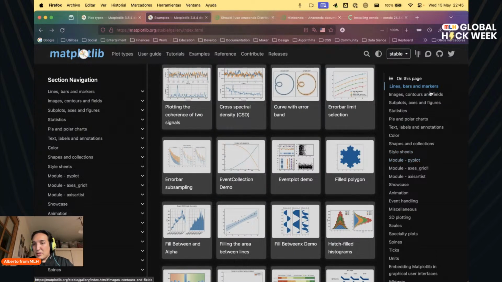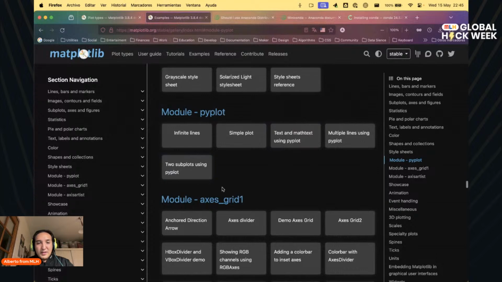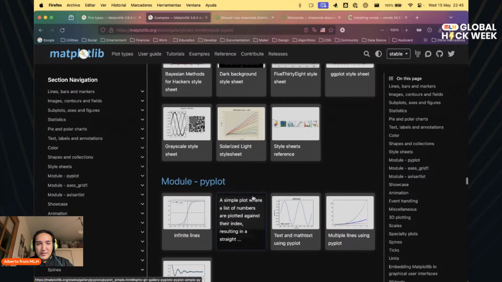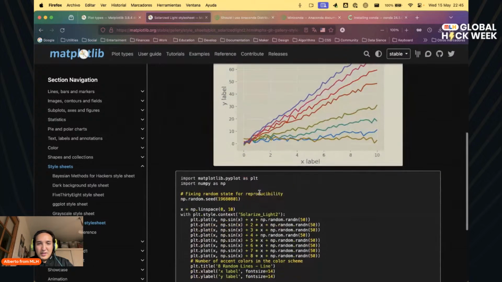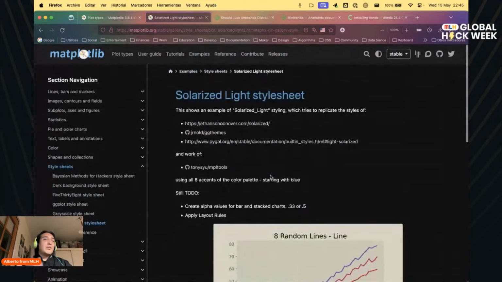Module pipelet. Open lines bar. Module. Term style sheets. This is very nice. Okay, I'm done. Let's use just pipelet without worrying about too much shit. So